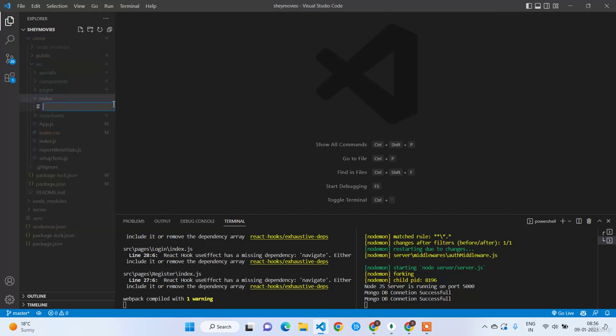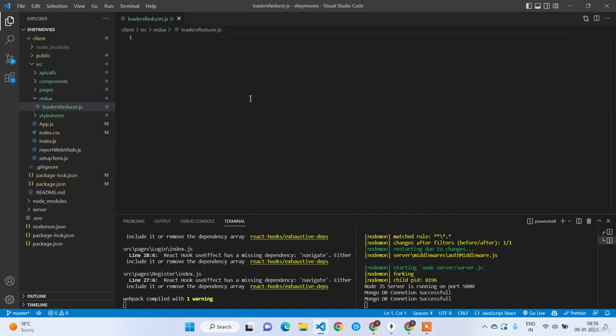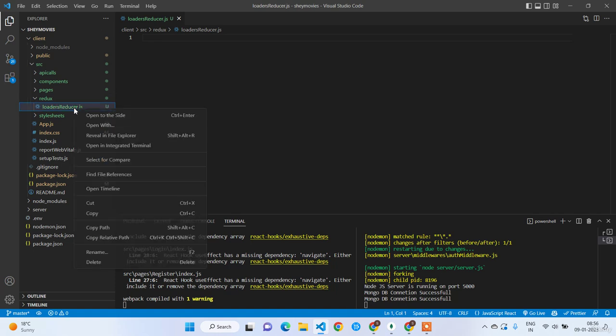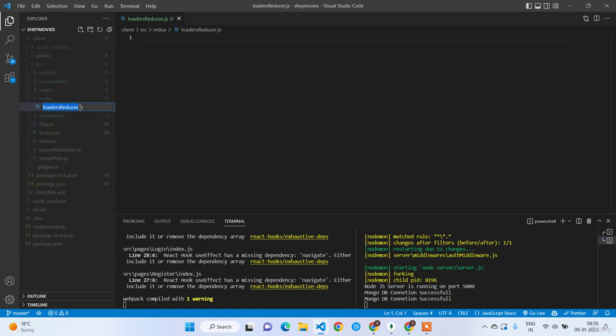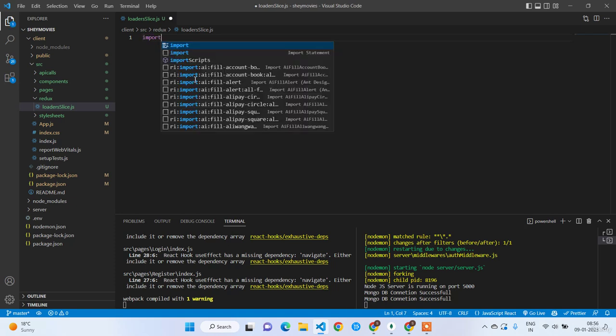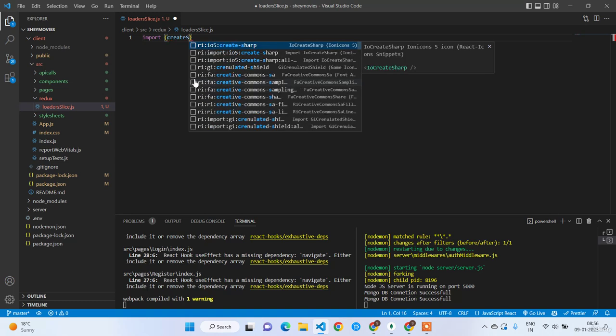So here I'm going to create a new file called loaders reducer.js. You can call this loader slice or loaders reducer. In the current terminology we need to call it a slice only, loadersSlice.js. Now we need to get the createSlice method from the Redux Toolkit. So import createSlice